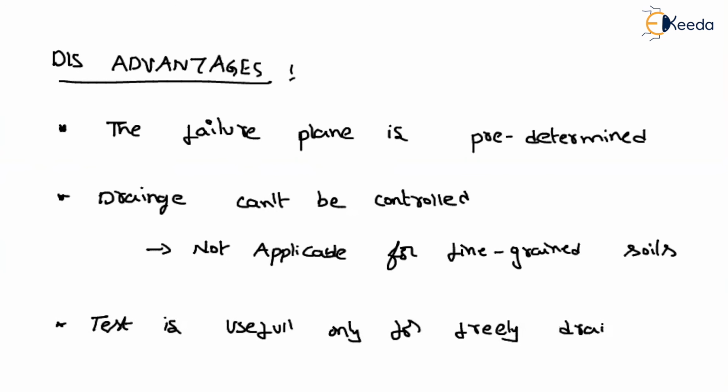So if it is a sand, the drainage can occur very fast. That's why in the box shear test, we will always use the effective parameters for obtaining the shear strength. And as we are using rectangular boxes, stress concentrations will also be there. Okay, so you only have to understand the advantages, the disadvantages, and the equation. That is more than enough for the examination point.